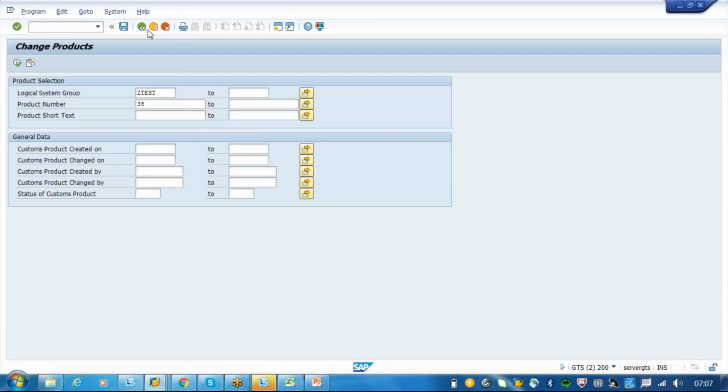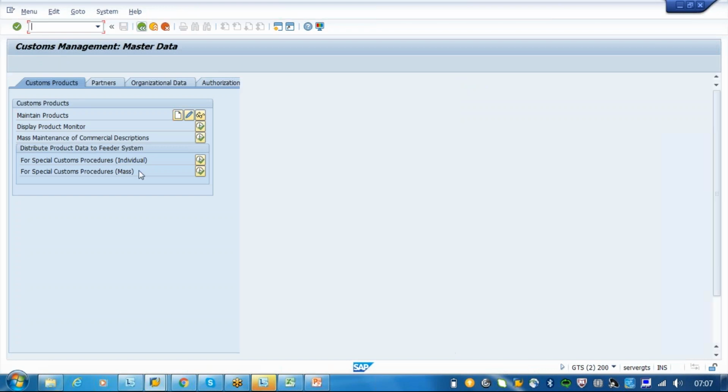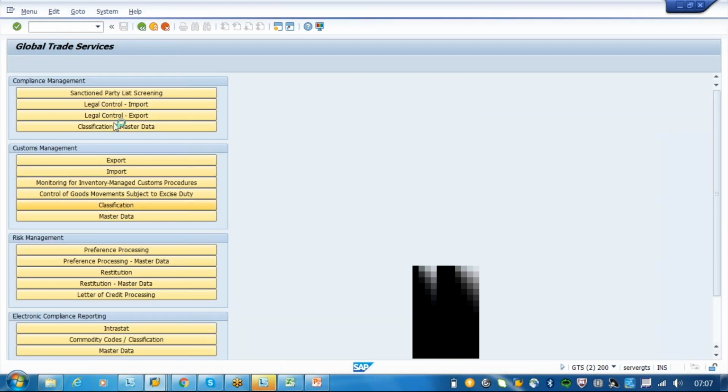We have just created the numbering schema, but the number we have not created in the classification. So we have to classify that number.